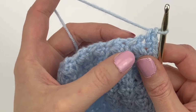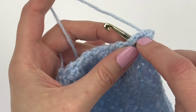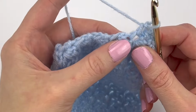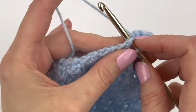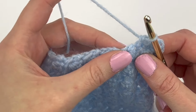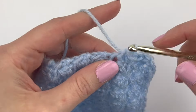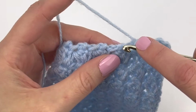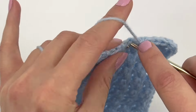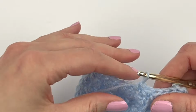We're going to work into the next gap, which is right below that, to create our first single crochet into the gap. Next, there's another gap right beside it. So let's single crochet into that. And we're just going to work our way all the way across by single crocheting into each of these gap spaces all the way down. We're going to do that until we get to the very last